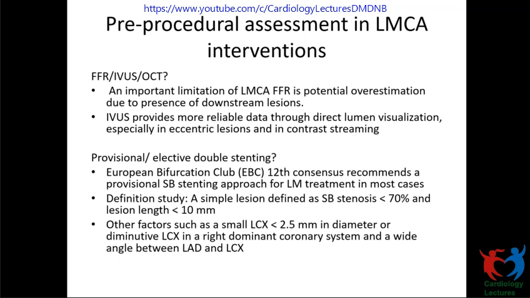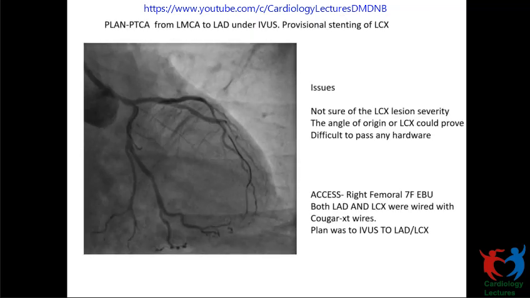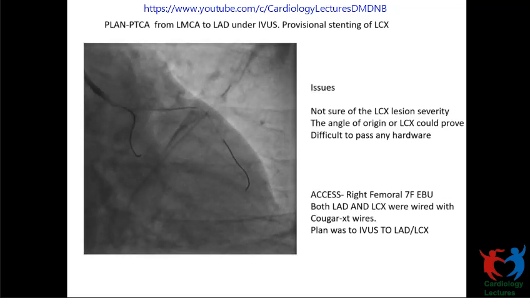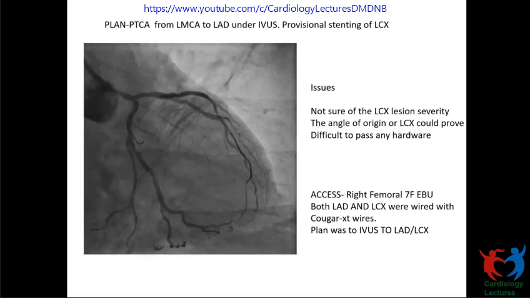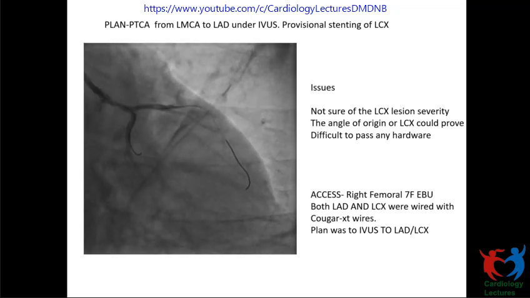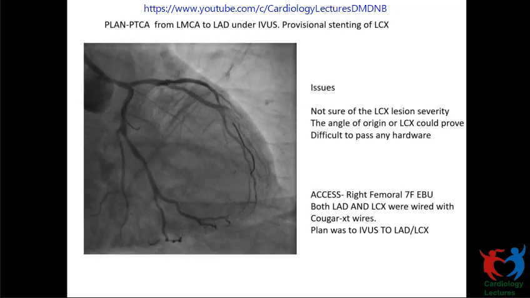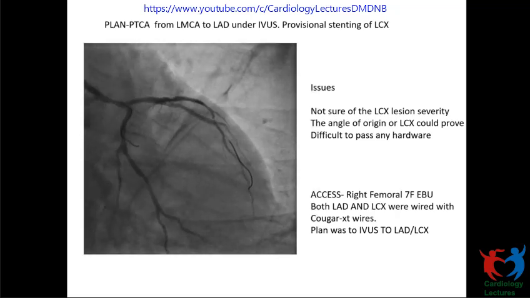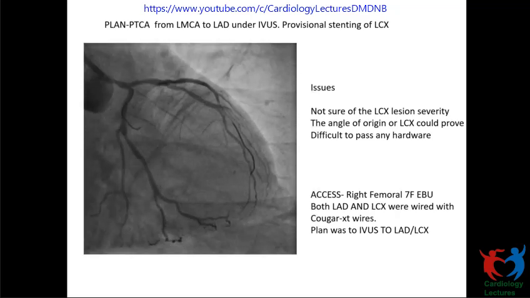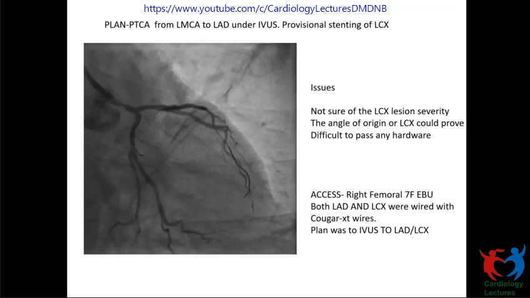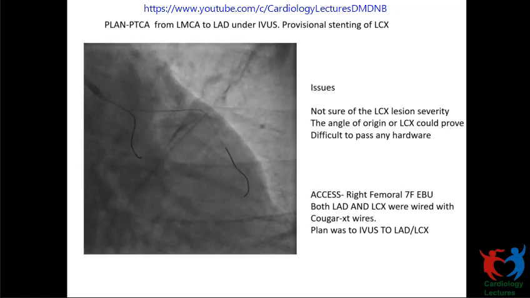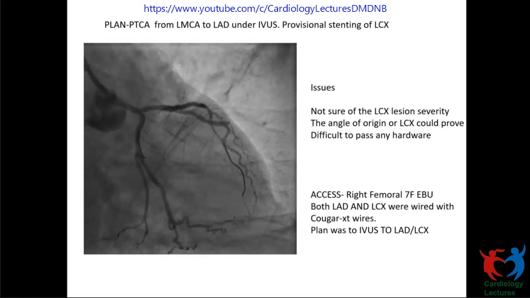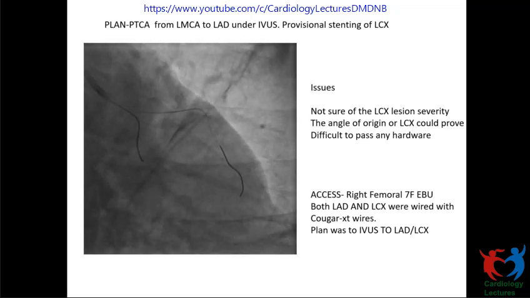In our case, the ostial stenosis, we are not sure of it. It is commonly seen that you overestimate the stenosis in case of ostial LCX because the LCX arises at a T-shaped angle from the bifurcation. So you are not able to estimate the actual severity of LCX. So we planned to go for an IVUS, and when we do an IVUS for the left main, ideally you need to do a pullback from the LAD as well as the LCX. When you're doing a pullback from the LAD, you see the ostium of the LCX. When you're doing a pullback from the LCX, you will visualize the ostium of the LAD.